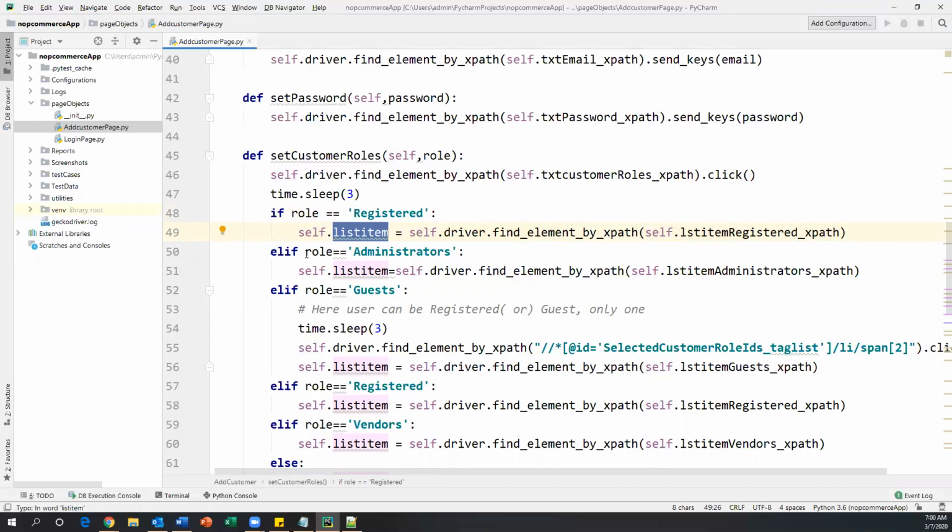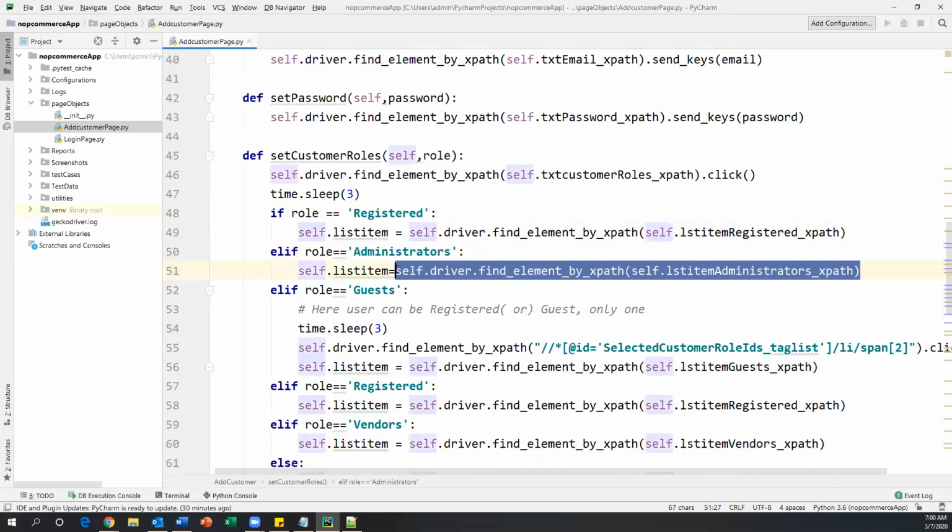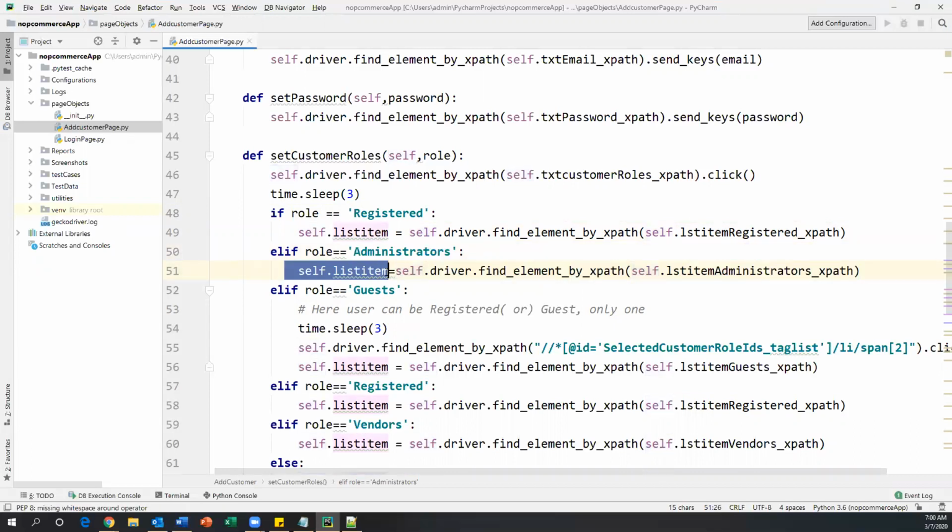Else if the role is administrator, get the administrator list item and save that in a variable. And the same variable, list item, is a variable which we need to additionally create, right? So similarly, if the role is equal to guest,